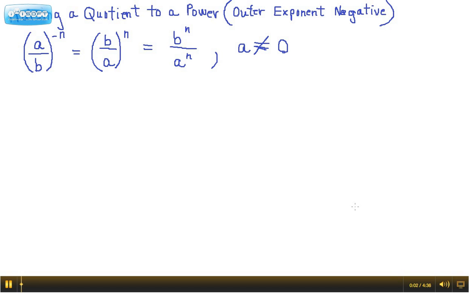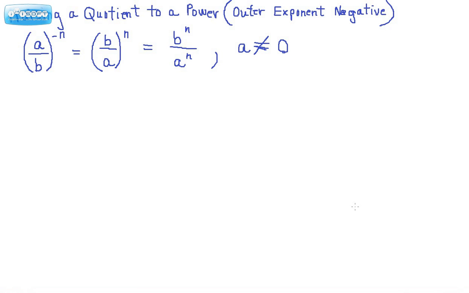Raising a quotient to a power when the outer exponent is negative. You can see our formula written here: a over b in parentheses raised to the negative n power equals b over a to the positive n power. What this means is that when you have an outer exponent that's negative, you keep whatever's inside the parentheses the same, with the same exponents, but you write the reciprocal of it, and then you change the outer exponent